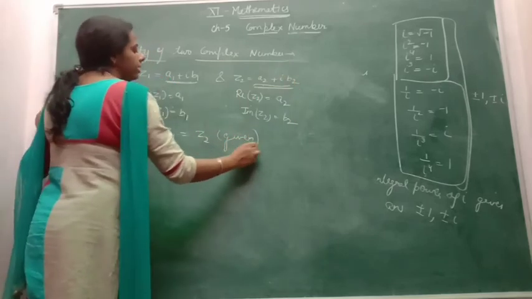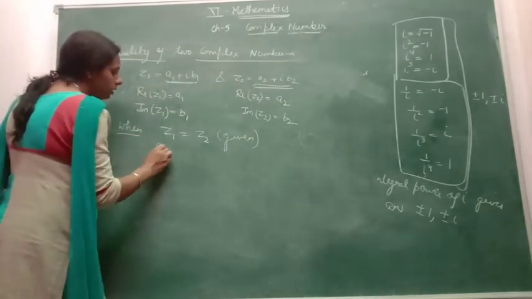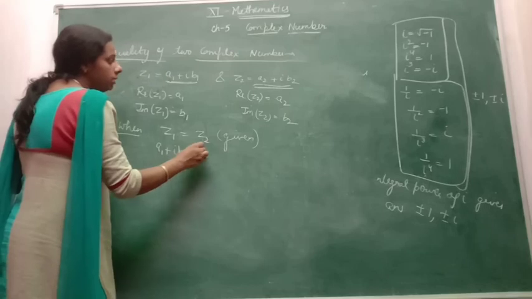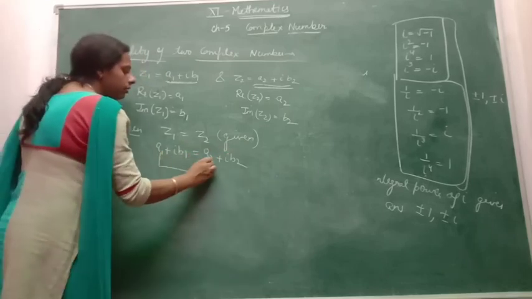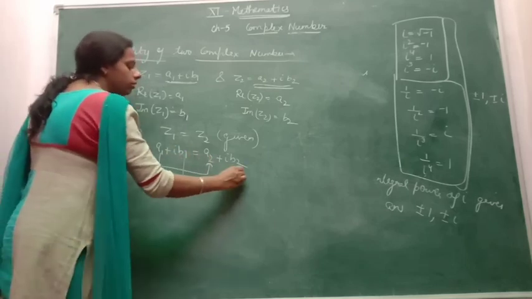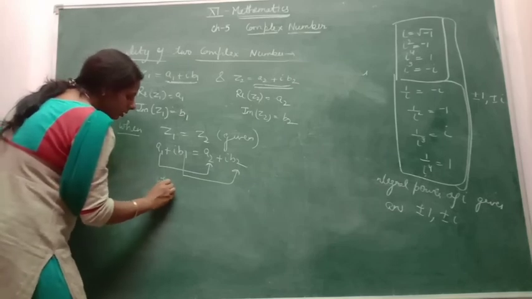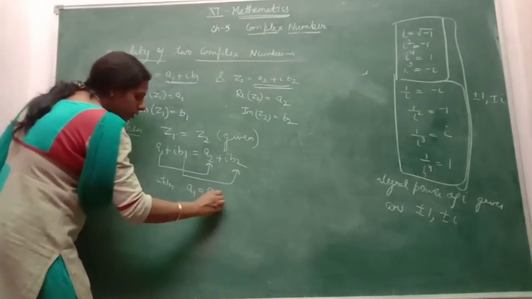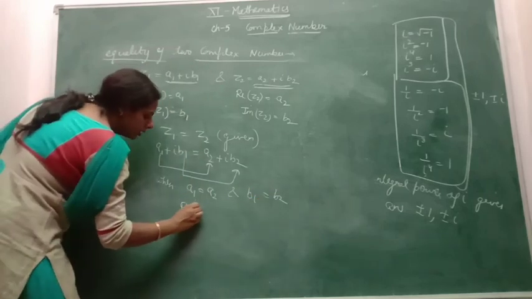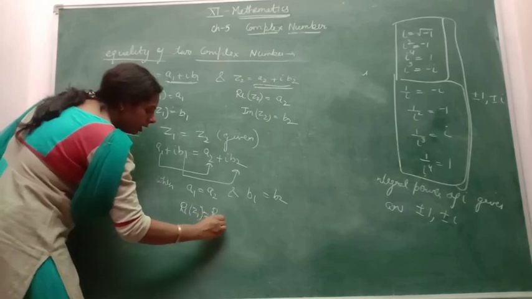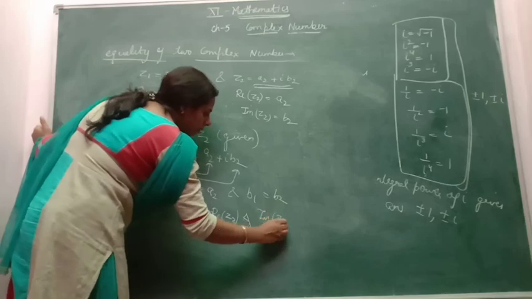आपको ये गिवन है. व्हेन वी कैन से दैट दे आर इक्वल, it means A1 plus iota B1 will be equal to A2 plus iota B2, when their real part will be equal to real one and the imaginary will be equal to imaginary. This is only possible when A1 is equal to A2 and B1 is equal to B2. It means real part of Z1 should be equal to real part of Z2 and the imaginary part of Z1 will be equal to imaginary